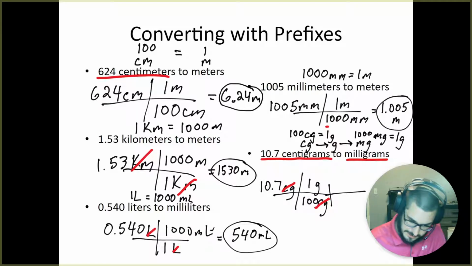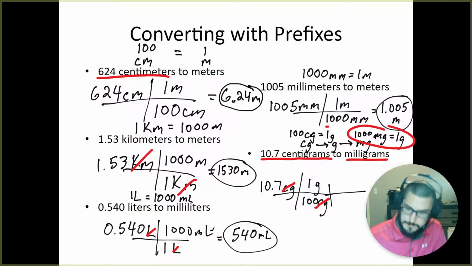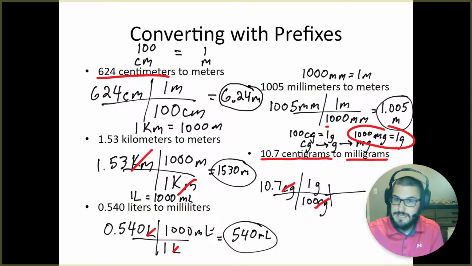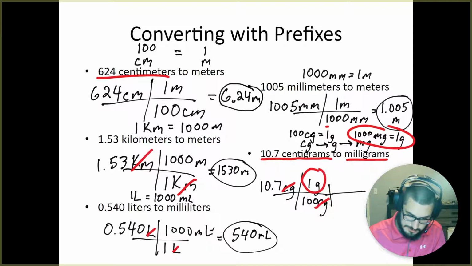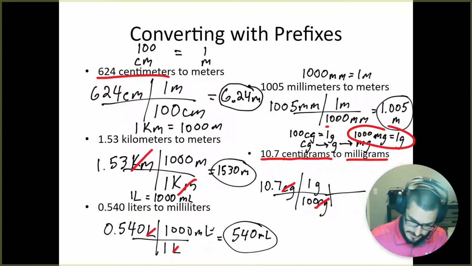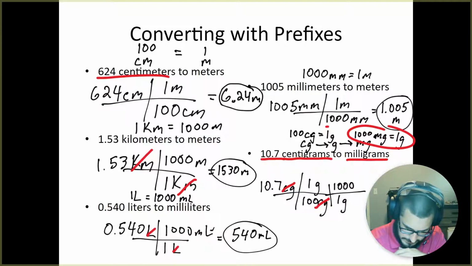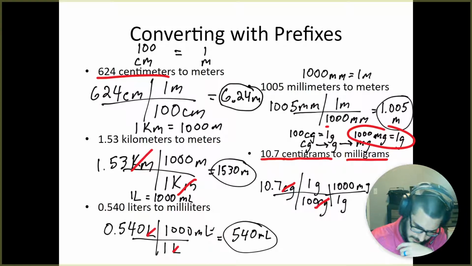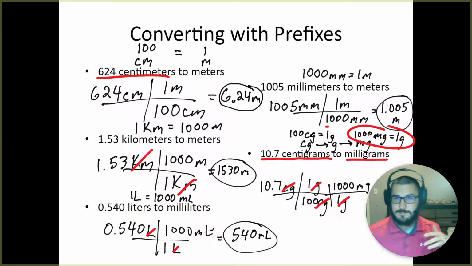So then here's where I pull the next one. 1,000 milligrams equals 1 gram. I'm in grams currently, so then grams needs to go on bottom. Again, I need the same thing on the top and the bottom so that they cancel out. So then 1 gram, and because I put the 1 gram on bottom, then the other part of that is 1,000 milligrams. Grams cancels, and left with